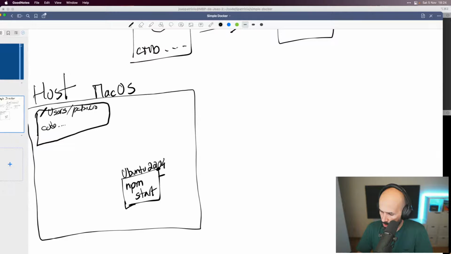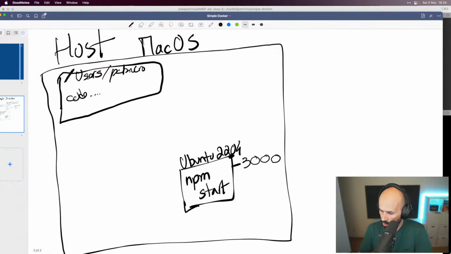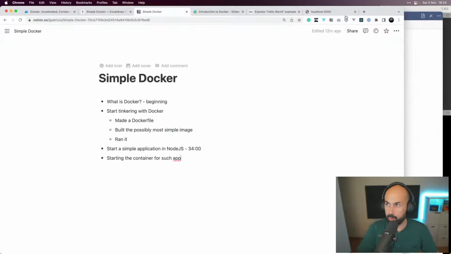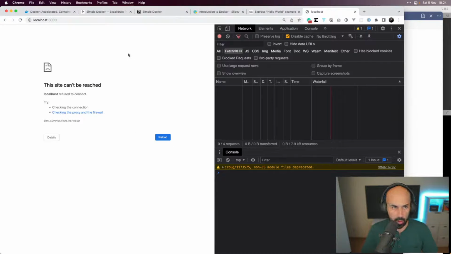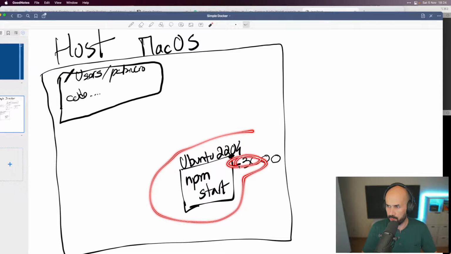So right now, the container is listening on port 3000, but not the host OS, right? If I go again to localhost 3000, I get no reply because the application is running inside Docker and serving port 3000 inside.